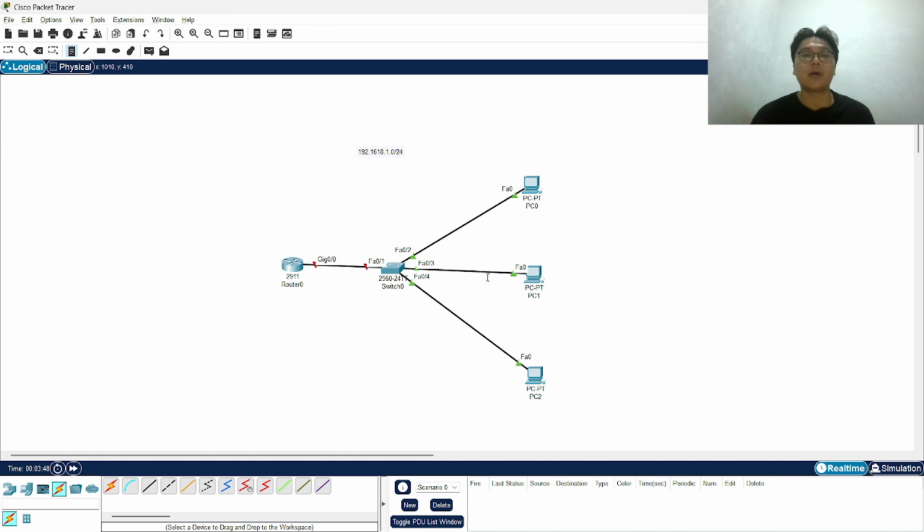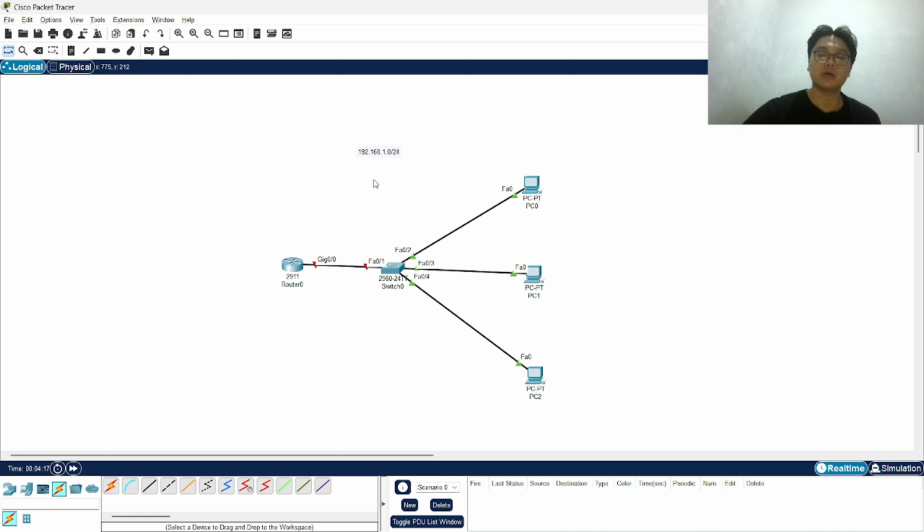The subnet is 192.168.1.0/24. Instead of manually typing the IP on every PC, the router itself will act as the DHCP server and hand out addresses automatically.